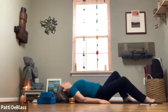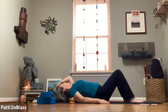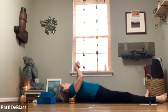Taking a moment as the head comes down to just bring the head to neutral. So the crown of the head is reaching towards the top of the mat. You have still that beautiful natural curve. Your chin is neutral. Make adjustments with the pelvis as needed. And then making the decision where the legs will go, whether they go long,